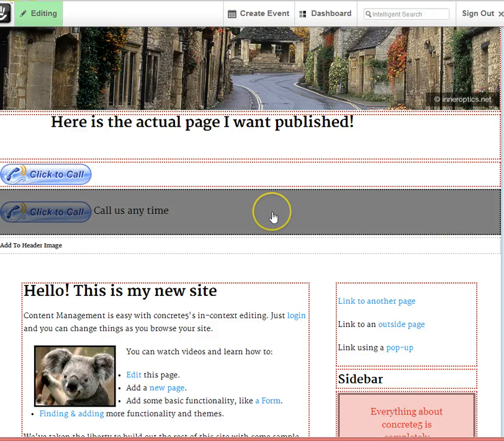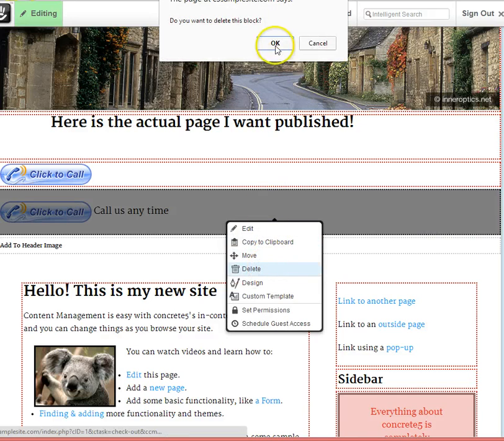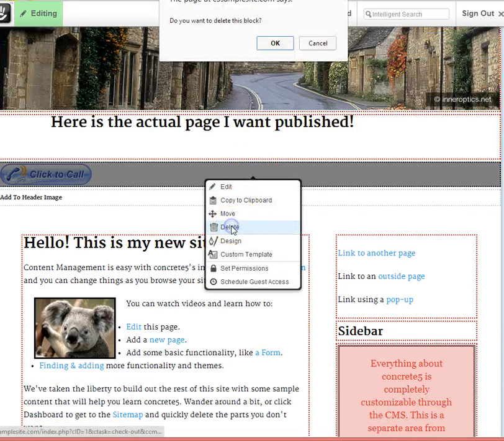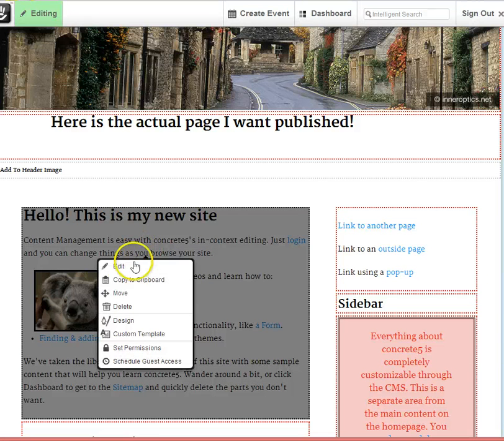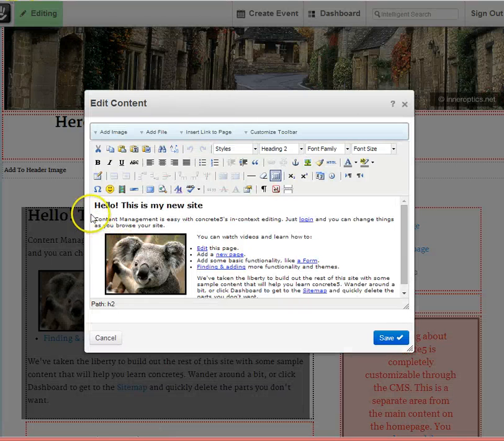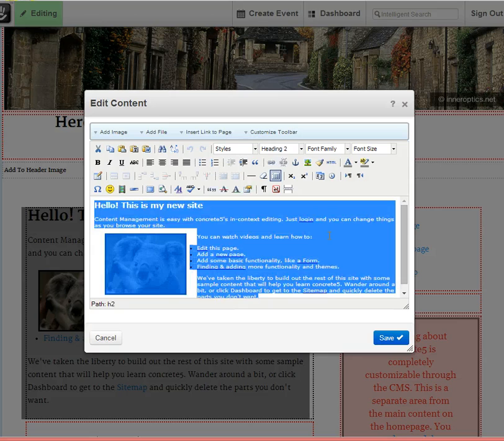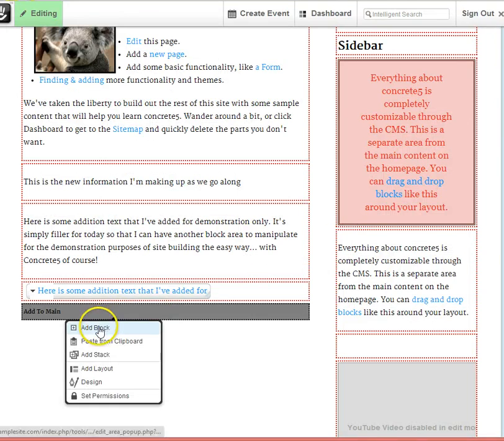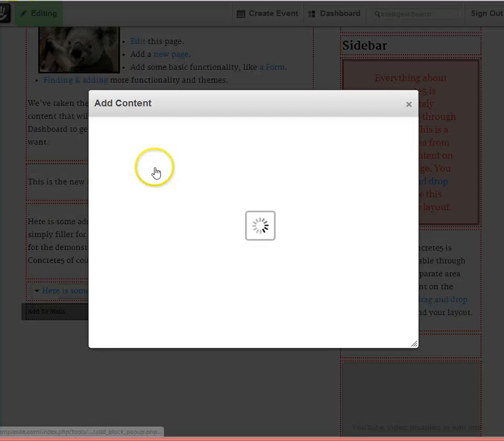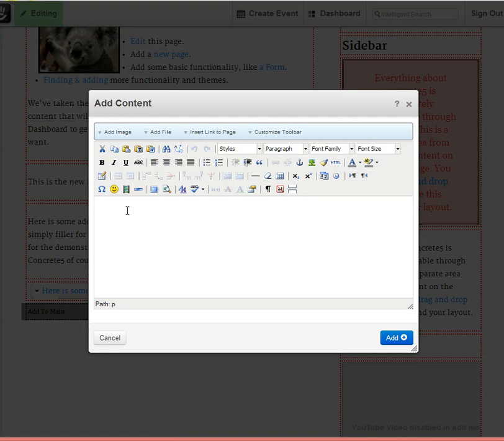So let's remove these and discuss another reason why you would like to use HTML. For instance, if I were wanting to recreate a block, this one for instance, and I selected all the content, copied it, and tried to recreate it as an additional block, I'll paste that content,